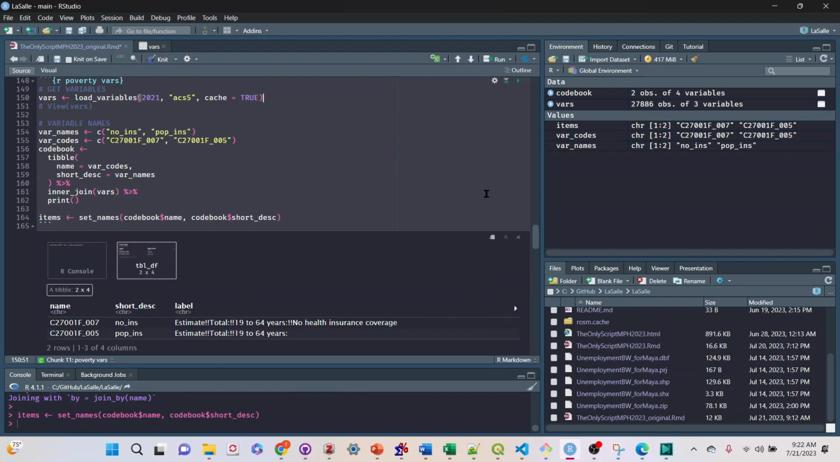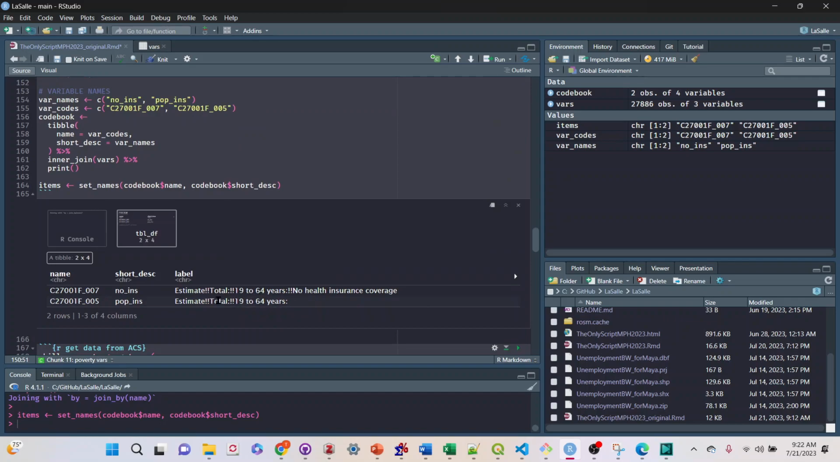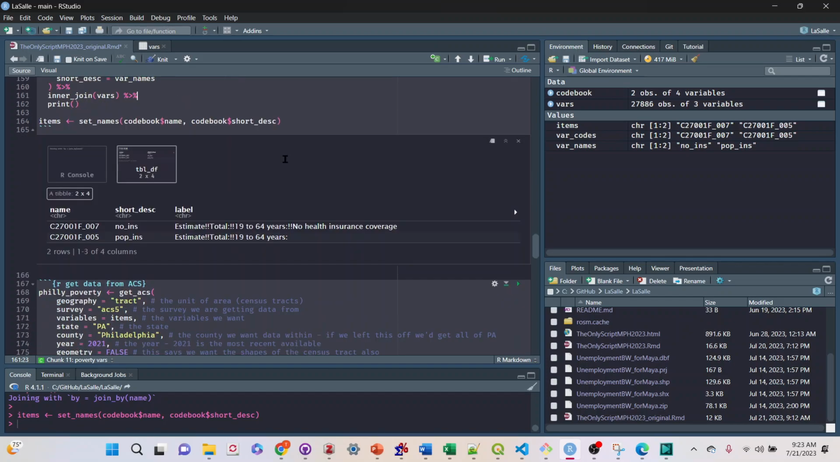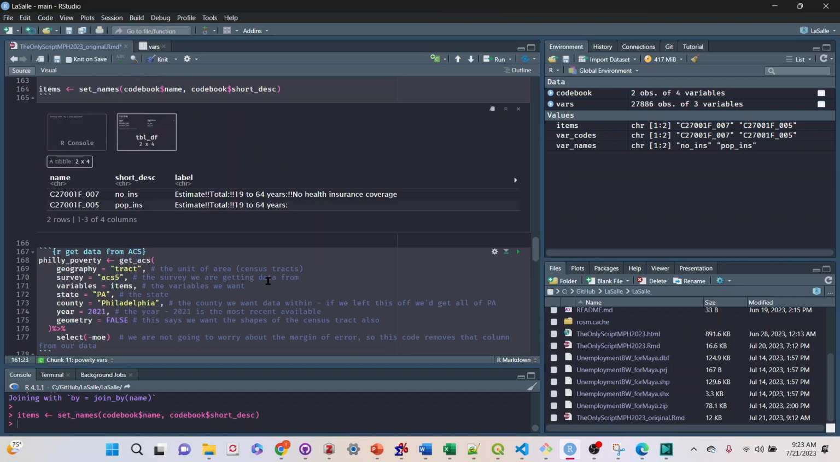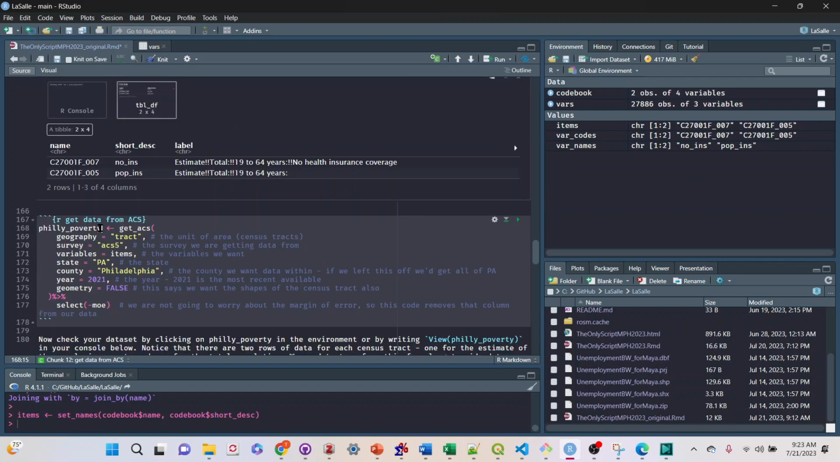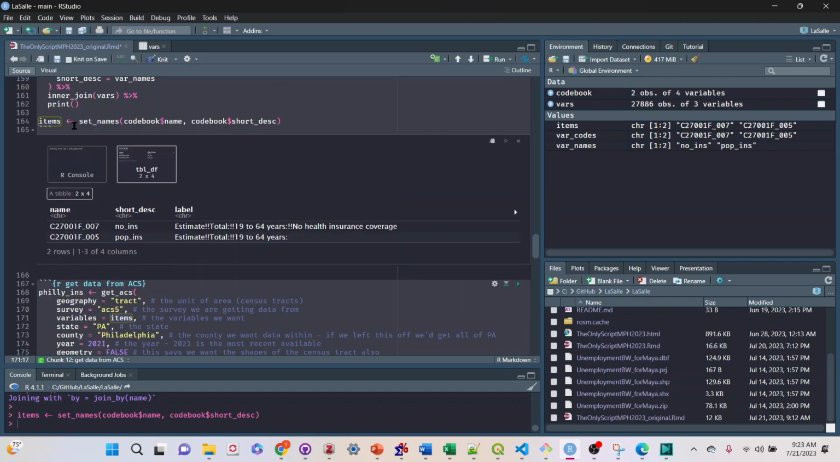So I go ahead and run that, and then it'll tell me, okay, yeah, I have something called no insurance, and it is the total people ages 19 to 64 years old who have no health insurance, and then I have the population for that variable, and that is just all the 19 to 64-year-olds. So the next thing I can do is grab that data, and then I'm going to create a percentage. So here I'm calling this Philly POV. I'm going to call it Philly Insurance, and this object items is the thing we made up here,